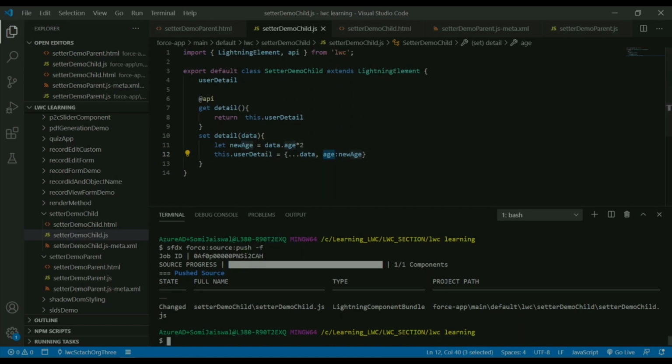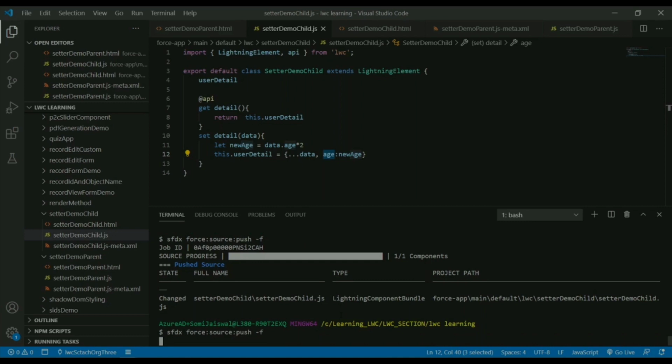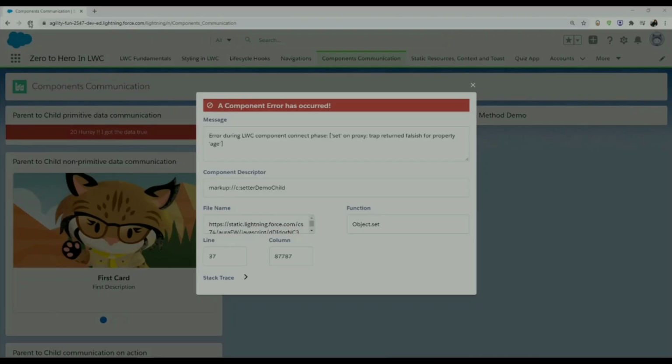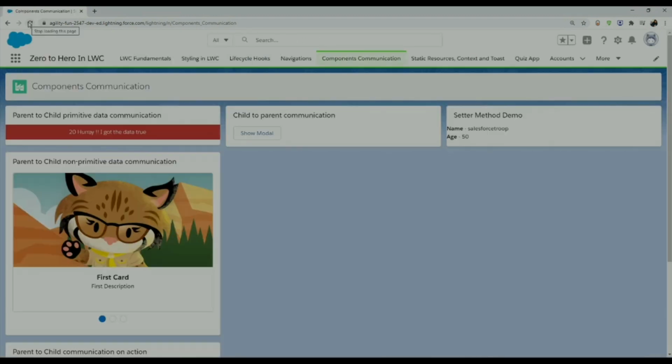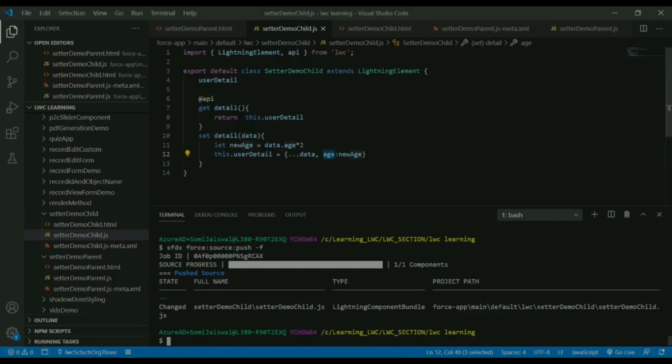So let's deploy and see now on the screen, are we able to see 50 or not. So it's deployed. Let's refresh the page. And now on the screen, you can see the 50 is coming. So this is how we mutate the data with the copy. And if you want to add a location, you can simply say location